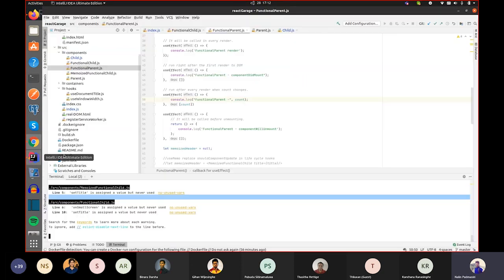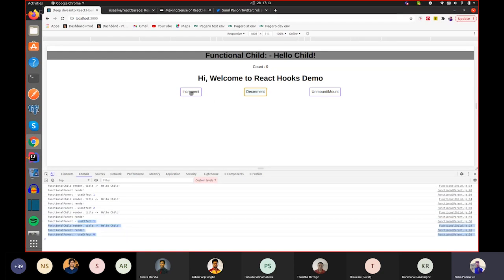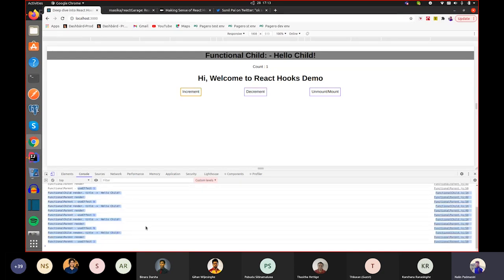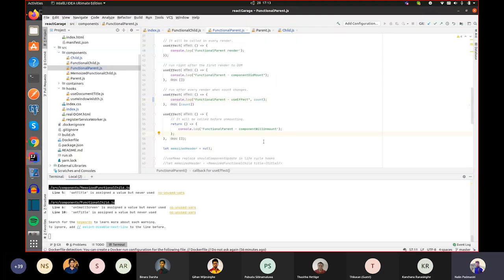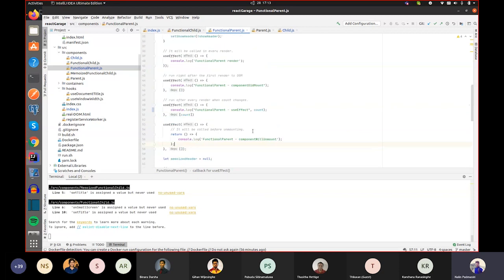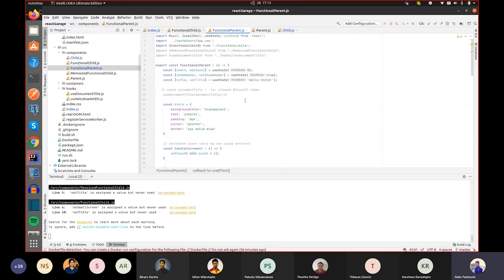Can you see I have printed my count here inside the useEffect. Can you see it listens to this count value and is called like this. Okay, that's about useState and useEffect, and how componentDidMount and the render function are achieved using useEffect.